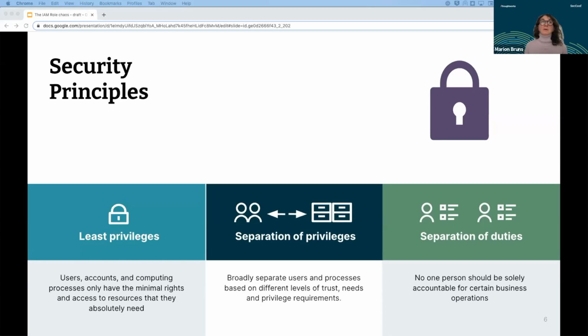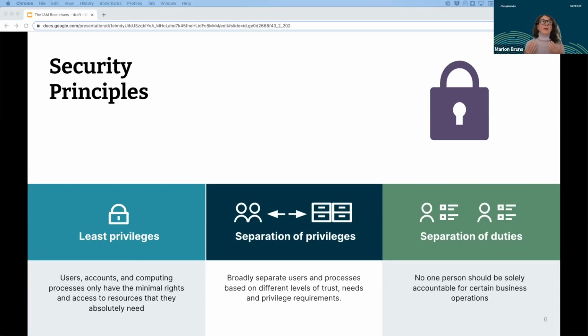Another really important security principle, which was also mentioned in the previous talk, is the separation of duties. And indeed, it is related to a business operation rather than to a task. A good example is cloud key management services. This could be an action such as using a key to access and decrypt data which a user should not normally have access to. So you should split both things away. One thing is maintaining a key and the other is using a key.